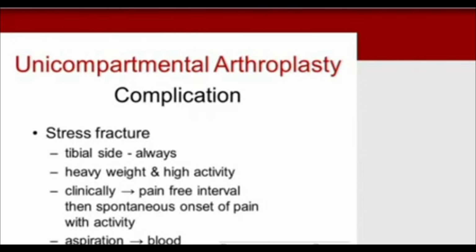The main complication that you will see on test questions is stress fractures. This is for the medial compartment uni. It's on the tibial side always. Usually it's a patient with heavy weight and high activity. They do really well post-op. They really start ramping up their activities. They have a pain-free interval, and all of a sudden they have the spontaneous onset of pain. They've done too much, and they have a stress fracture. You aspirate the knee, and it's blood. So those are treated conservatively, and if there's fracture displacement, then you've got to think about fixing the fracture or